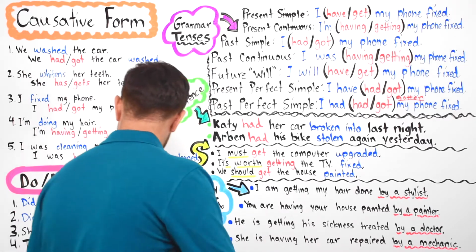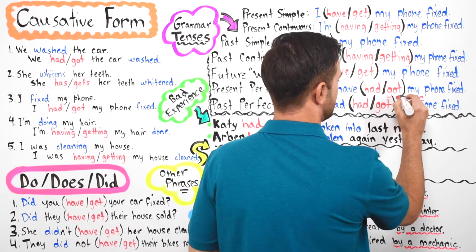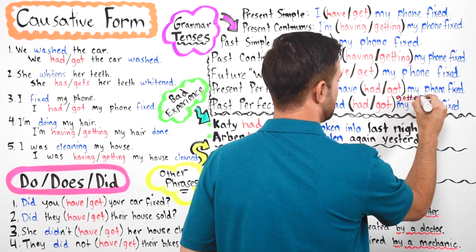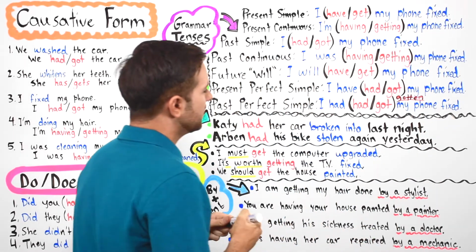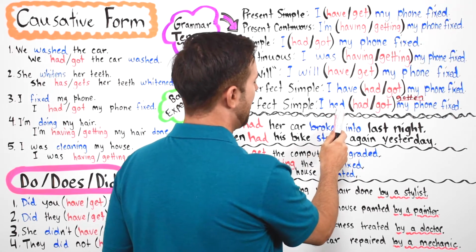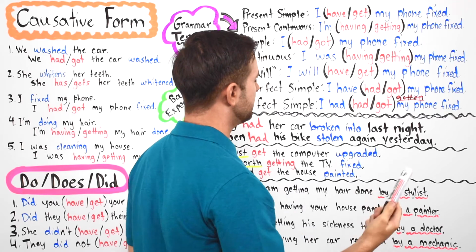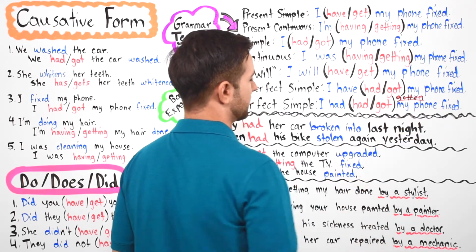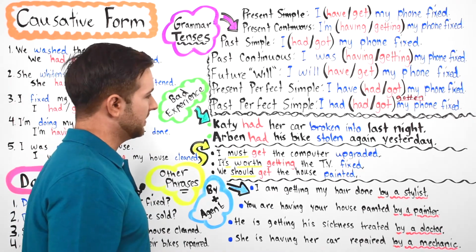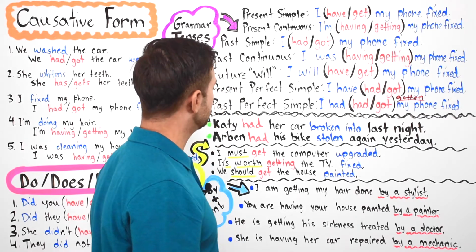Now, look here, guys. You see how I wrote right here? It says gotten, G-O-T-T-E-N, gotten. Technically this is grammatically correct, okay? You can say I had my phone fixed, or I had got my phone fixed. You'll often hear I had gotten my phone fixed, okay? You can hear both. I had got my phone fixed. I had gotten my phone fixed. So you choose which one you want to say.